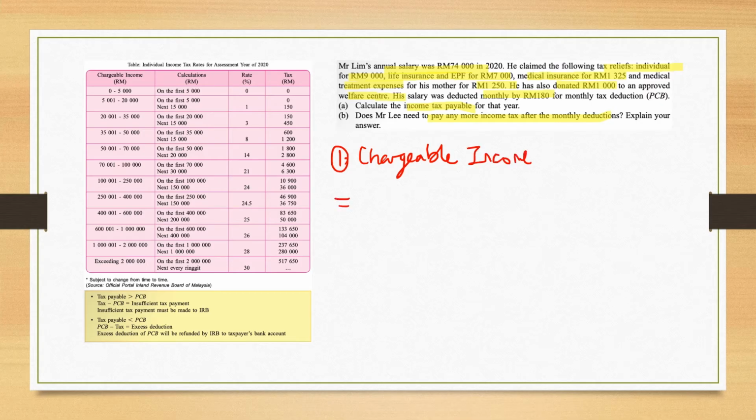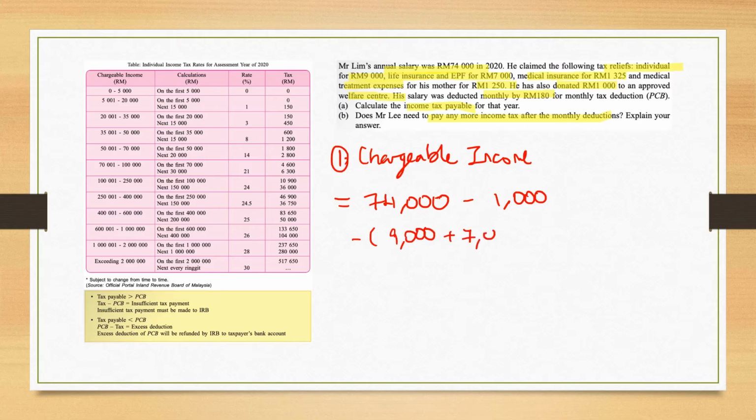That would be total annual income 74,000 minus your tax donation of 1,000 ringgit, and then minus all these particular tax relief figures. Tax relief figures, so individual 9,000,